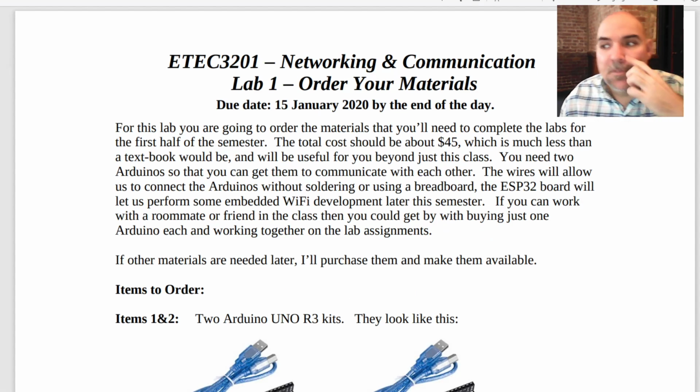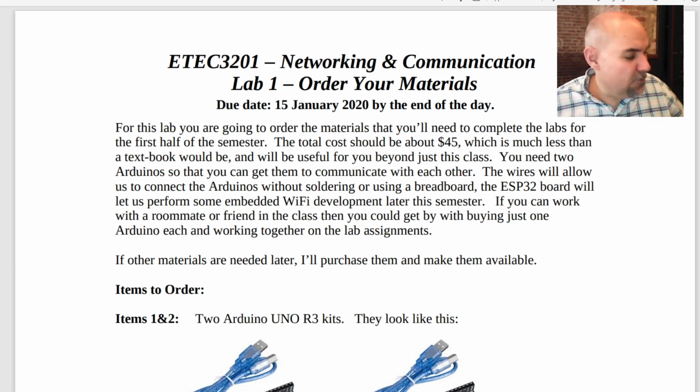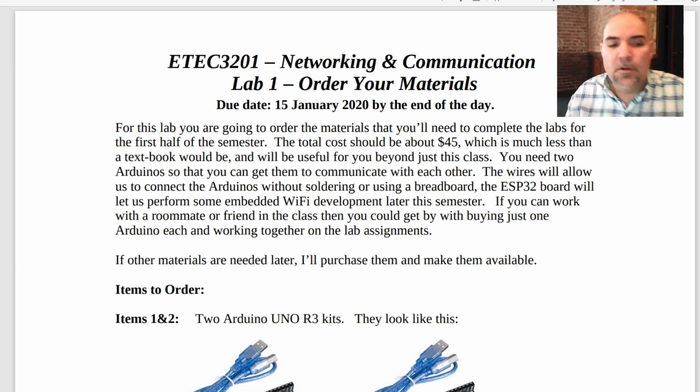Okay, so here's the lab sheet for Lab 1. And for Lab 1, what I want you to do is order the parts that you're going to need to do the labs for the first 6 weeks or so of the class. Maybe 7 weeks. And there's no textbook for this class, so essentially the materials you need will be relatively inexpensive,